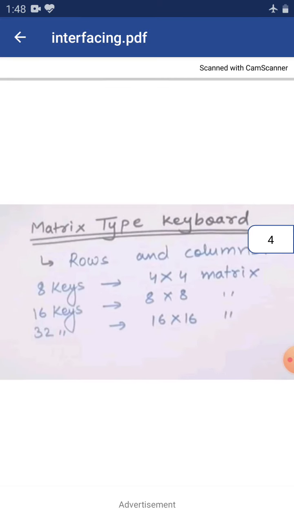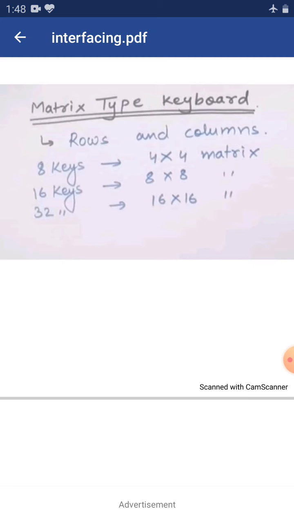Now going to the matrix form. As we have seen in non-matrix, we connect keys directly to the port of the 8051, so the number of keys equals the number of port pins.